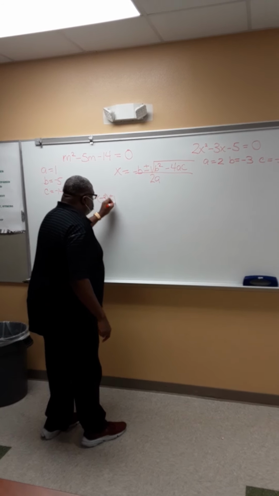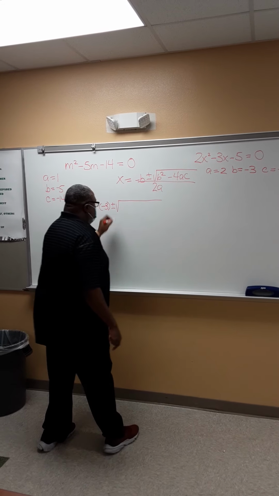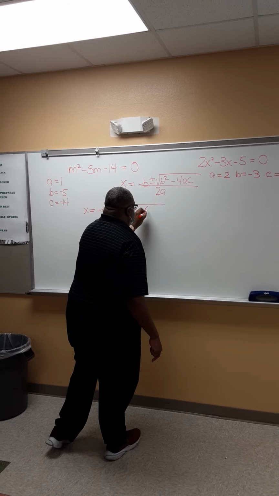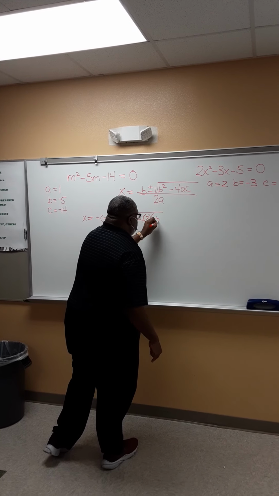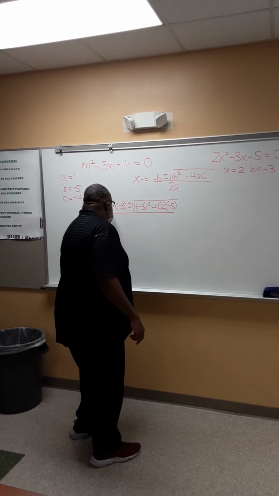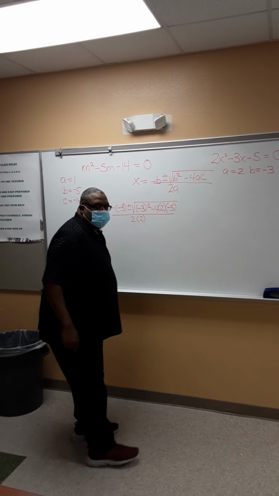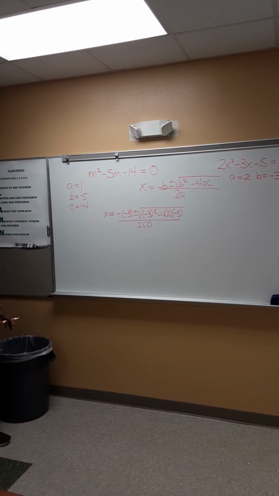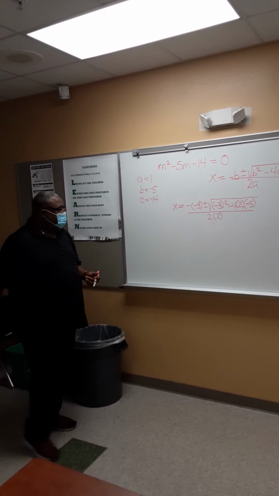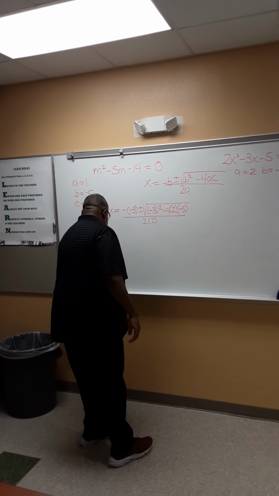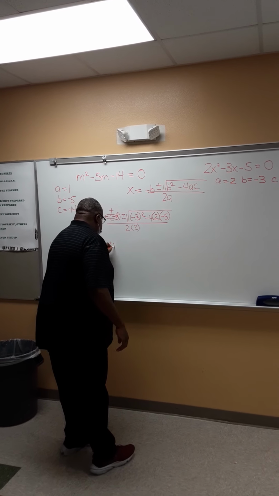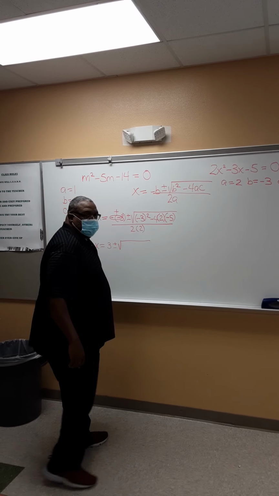-3 plus minus square root of -3 squared minus 4 times 2 times -5, all over 2 times 2. Now that we plugged everything in, now we chug it out. X equals, 2 negatives make a positive, so that's 3 plus minus square root of